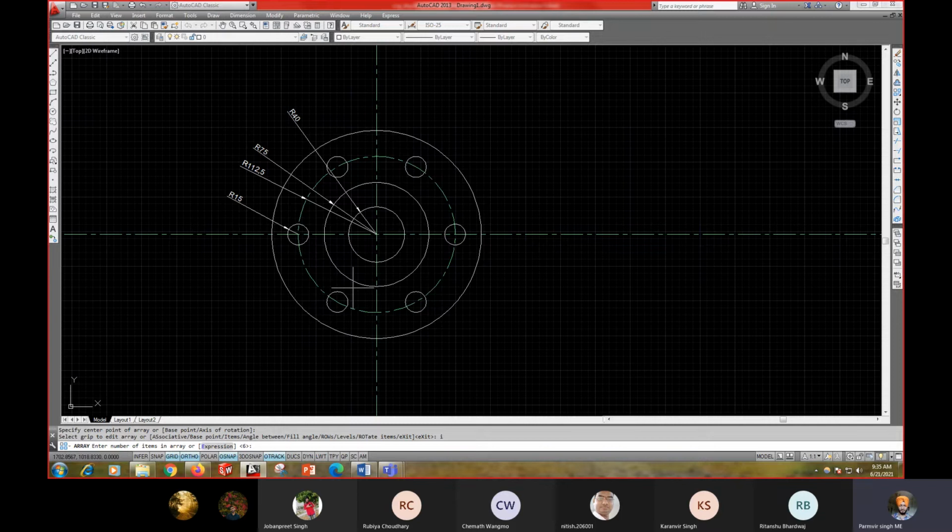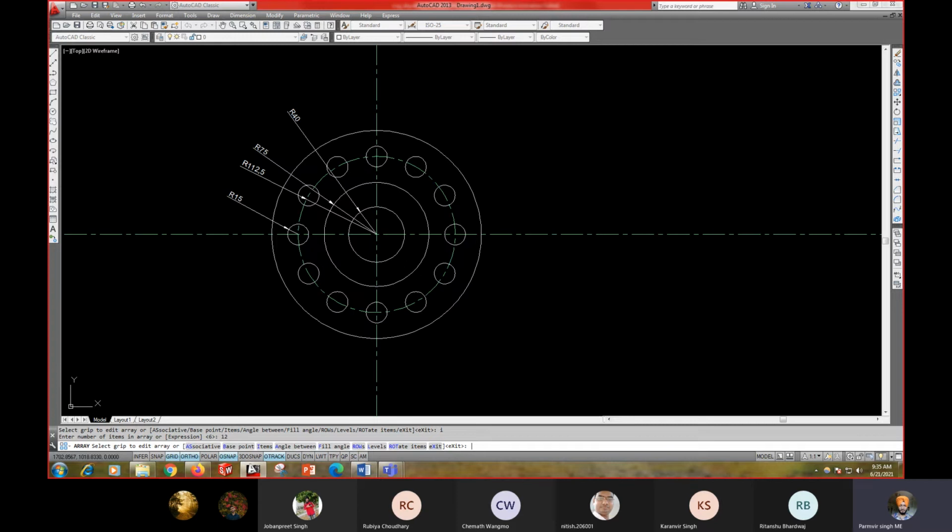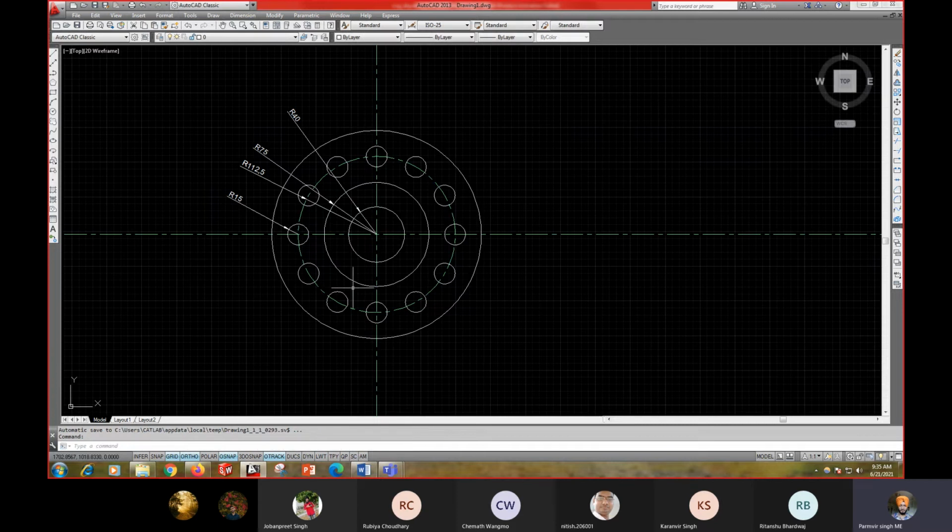It is asking me to enter the number of items. So you have to enter the number of items as 12. Now you can see your figure is almost completed, and your front view is created. Then you have to press enter. In case you want to edit or modify it, you can modify this.